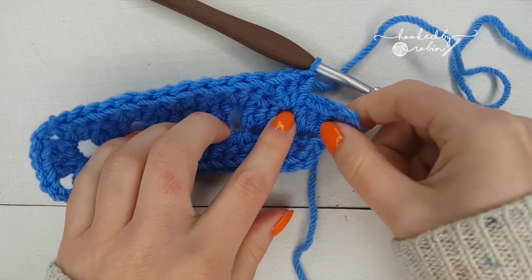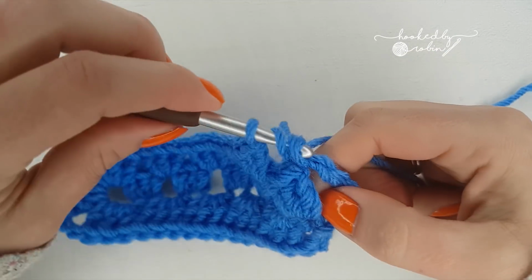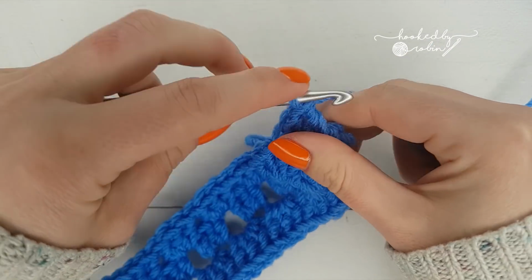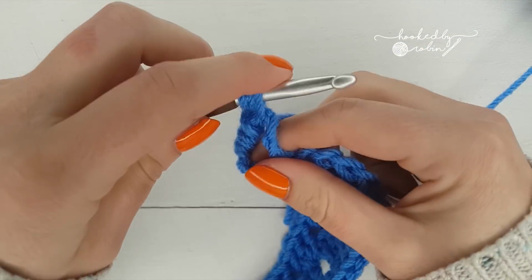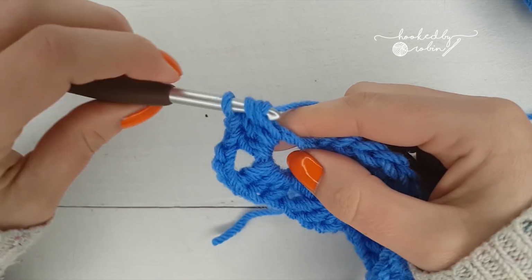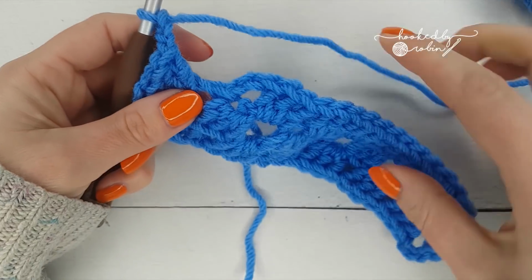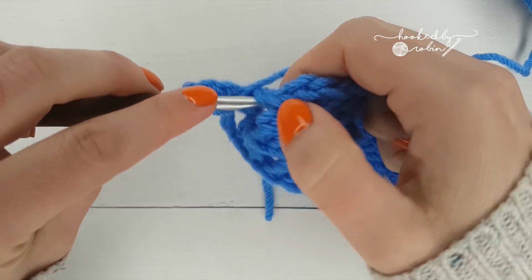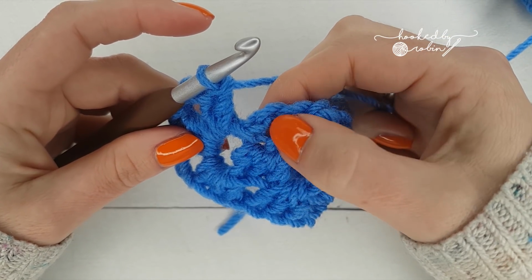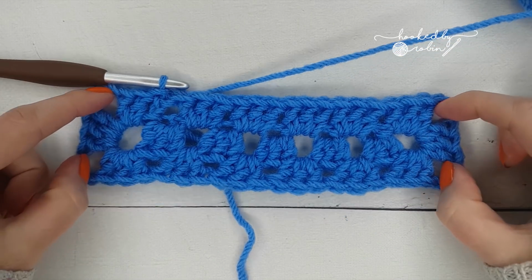Just like we did at this end, in this chain 5 loop, we need to form the sort of basis of a corner. So put 3 double crochet, chain 3, 3 double crochet, chain 3, and you're going to end with just 2 double crochets because we did a chain 2 when we first started coming round, which counts as a stitch. So just end with just 2 double crochets, all still into this chain 5 loop, and then slip stitch to the top of that chain 2 you did right back when we were here earlier. So this is the basis, get my tail out of the way,